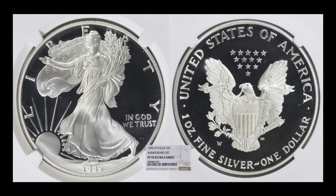And then we're going to end things off here on a couple of Silver Eagles, okay? It's been a hot minute since we revisited, at the time and for many years, the scarcest Silver Eagle that you could come across. The 1995 W West Point, the very first one, came in the 10-year anniversary set. Proof 70 Ultra Cameo. There were a couple 69s that did sell. I'll tell you as far as what price level those landed at as well. This one right here in a perfect 70 through NGC happened to grab